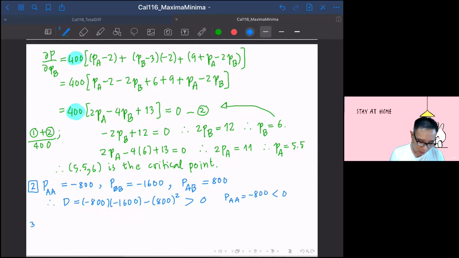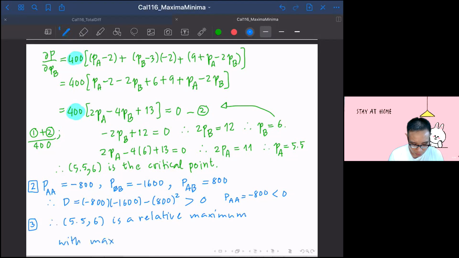So the conclusion here is that (5.5, 6) turned out to be a relative maximum. So you have a relative maximum with maximum profit equal to